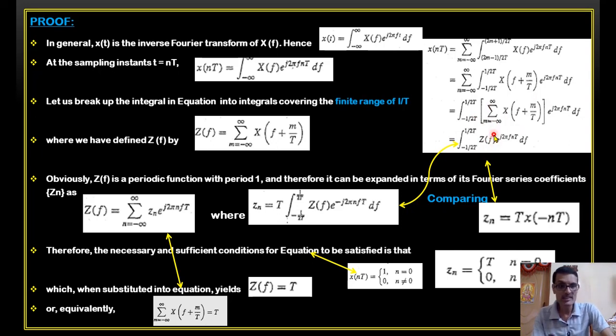Now, what is Z(f)? See, this Z(f) is nothing but this, isn't it? That's what I replaced over here, no? Z(f) is equal to this, and the exponential term is the same, with df and integration. So Z(f) is equal to this. What does this equation say? This equation says that X(f), in the frequency domain, is repeating for every 1/T. The spectrum of X(f) is repeating every 1/T. That's what it is saying, right? So that means this Z(f) is periodic, repeating for every 1/T.